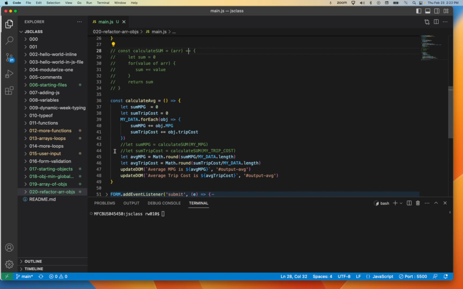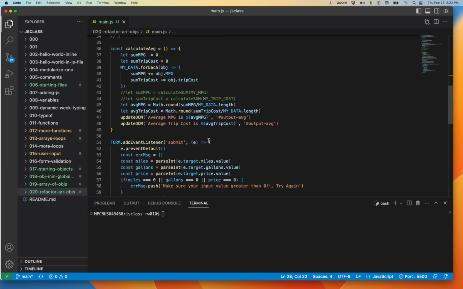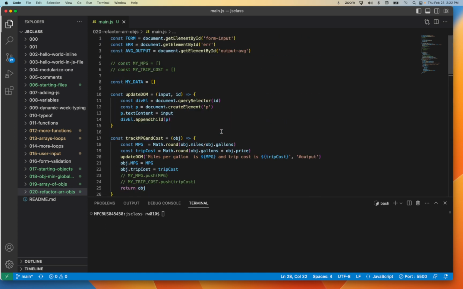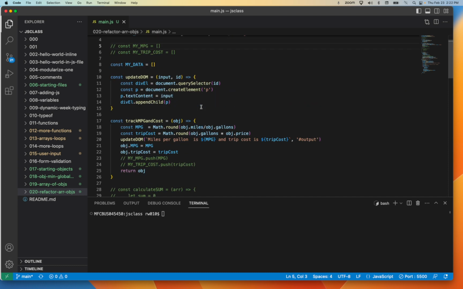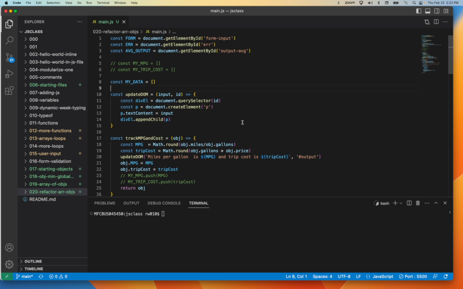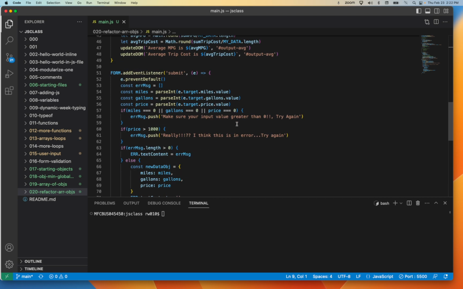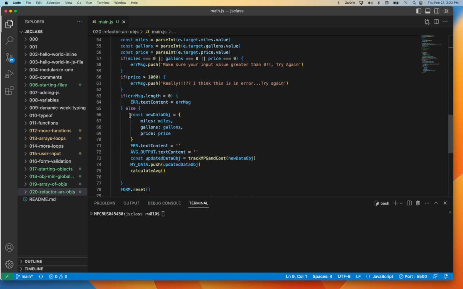Alrighty, so here's how I accomplished this refactor. I'm going to start like I showed you in the last one. I started with these not commented out and using them, and first just implemented my data as an array. Then inside here, when it is a good submission, I set up a new data object. I put miles, gallons, and price,